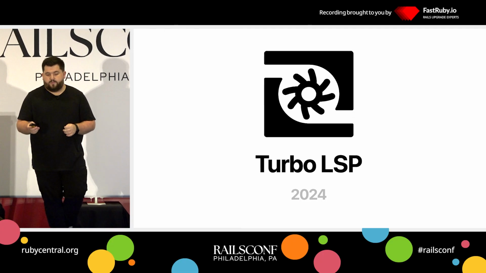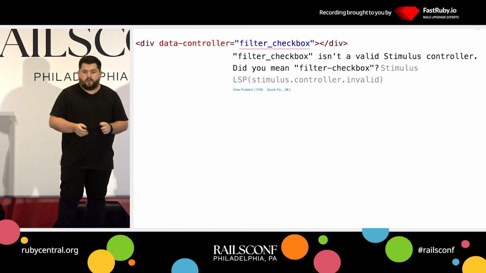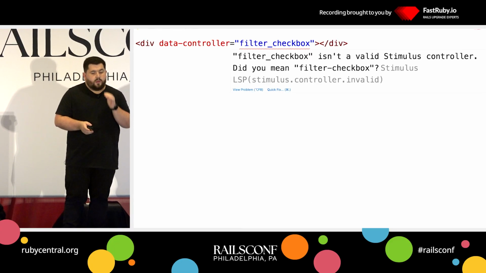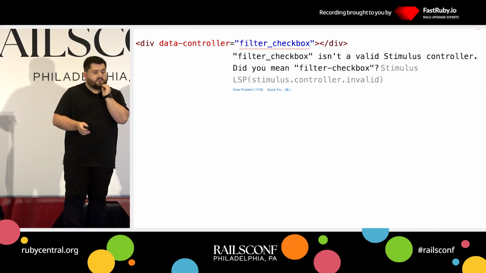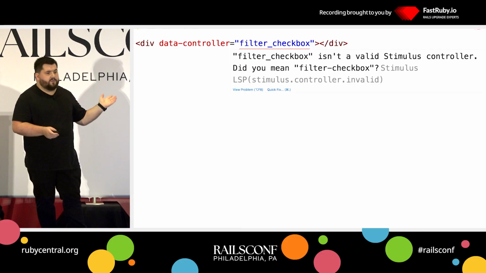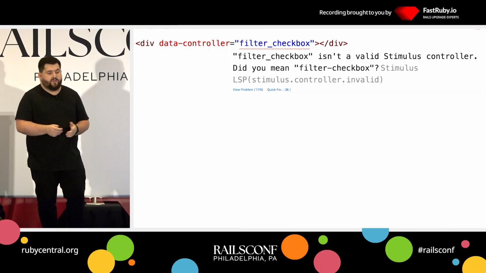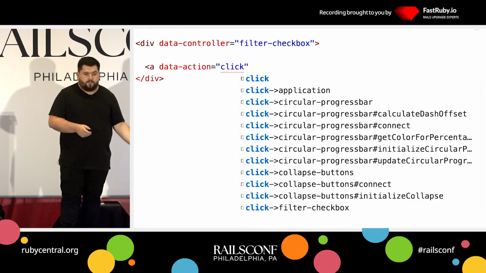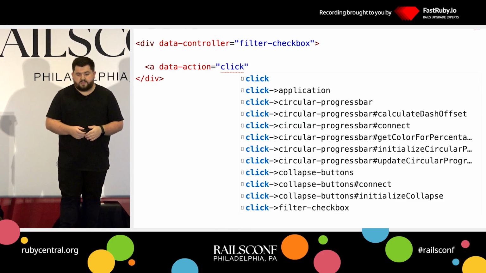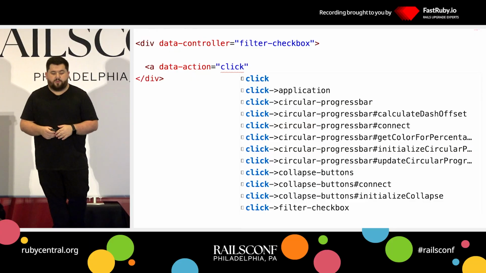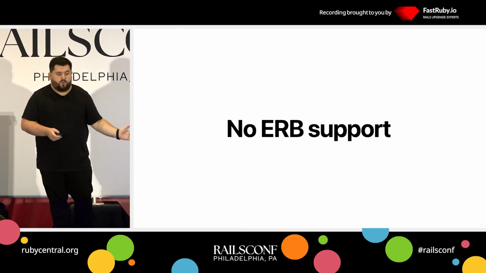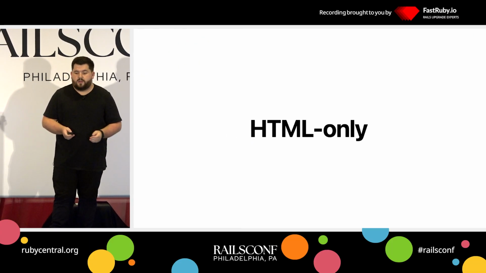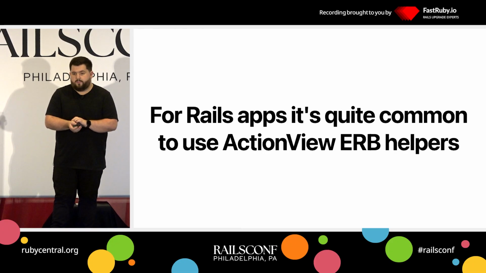But the kind of problem was that they only support HTML. If you aren't familiar with Stimulus LSP, it's a tool to show you what's wrong with your Stimulus attributes, with your values. It also helps you autocomplete them, so it's easy to get to know what should actually be in this attribute. But yeah, no ERB support, it's HTML only, and a lot of these Rails apps rely